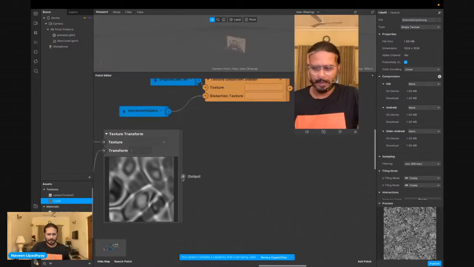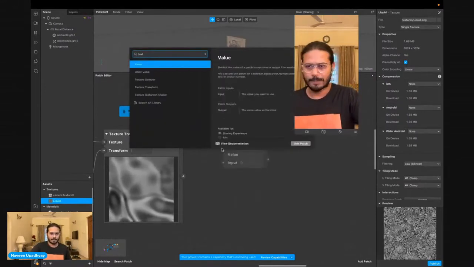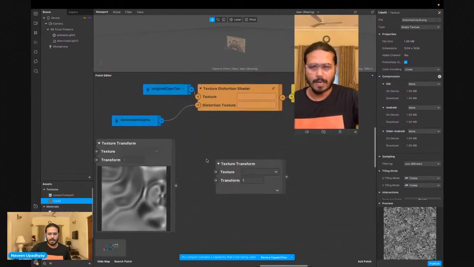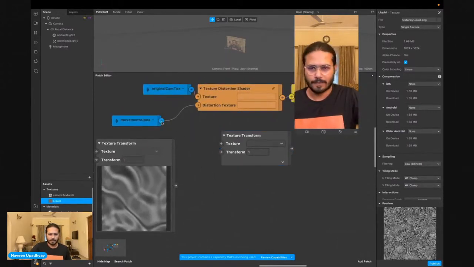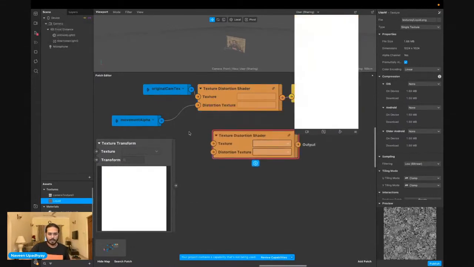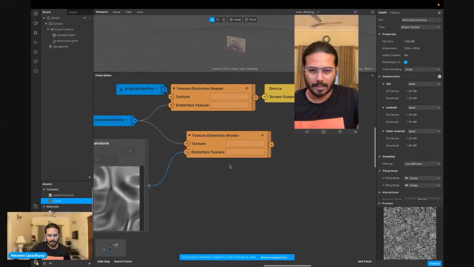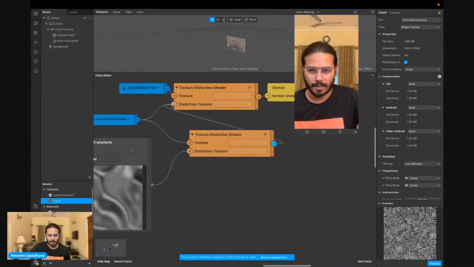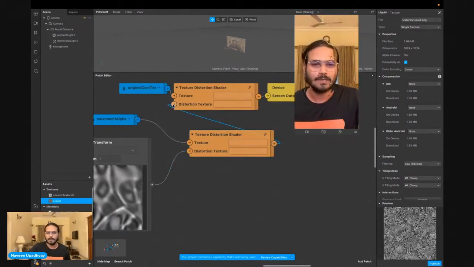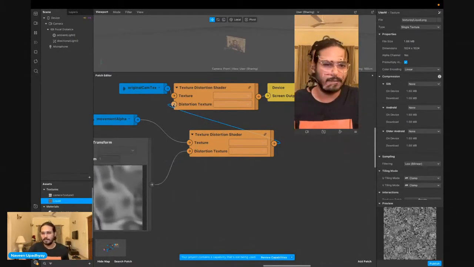So to do that, I think we can use another texture sampler, texture transform sampler, and this texture transform we need to transform. No, sorry, we need to use a distortion rather than this. So I need to have this texture which should be distorted with this, and that should be my distortion. So I see that now I'm somewhere waterish, whereas there's a movement, but I know that I still need to